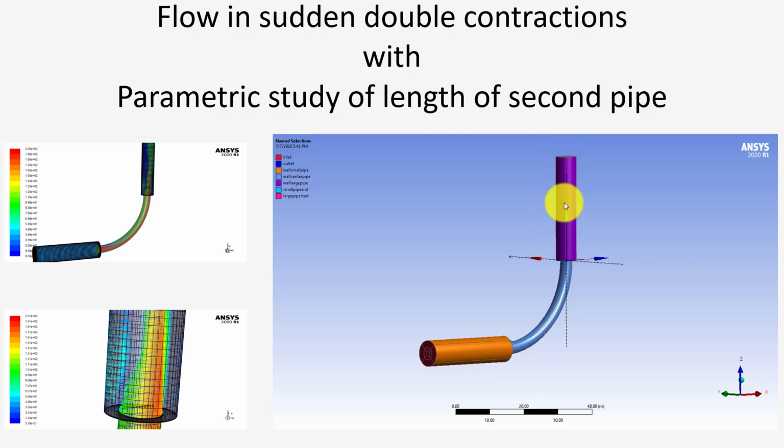of the second pipe, which is the vertical pipe here, and we want to see how we can change this length with some parameter defined. So instead of changing it from inside the geometry, we just change one parameter in the workbench and hit some command, and this will repeat everything from geometry to meshing to simulation results in one go. And we want to see the difference of results with the length of this pipe here.